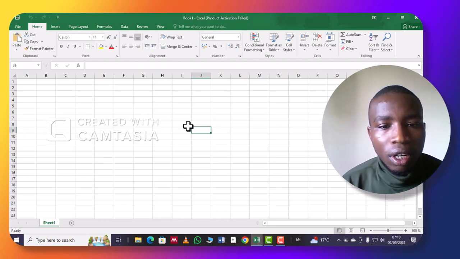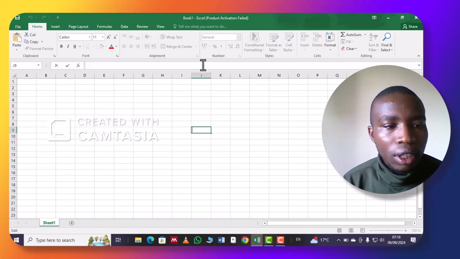So this cell that I've clicked in is called J9, because it is the intersection of column J and the ninth row.